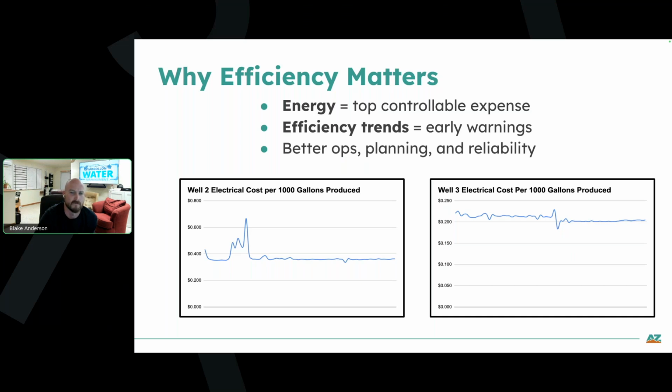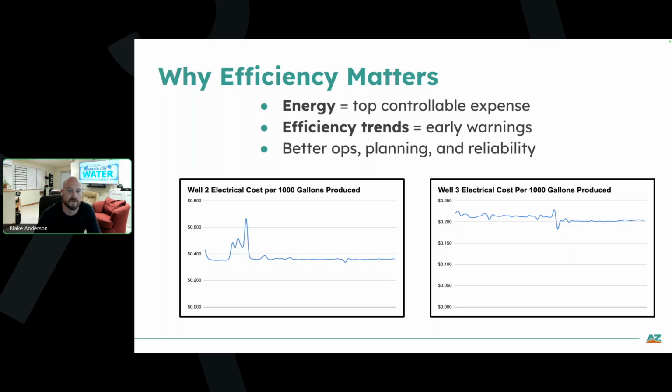So we've found, and I believe that you will find it too if you dive into it, that your energy costs can differ by 2 times of how much it's costing you to pump the same 1,000 gallons of water coming out of the ground simply due to your conditioning controls.